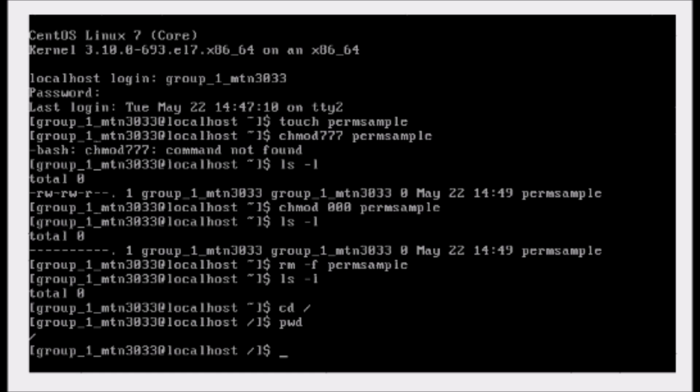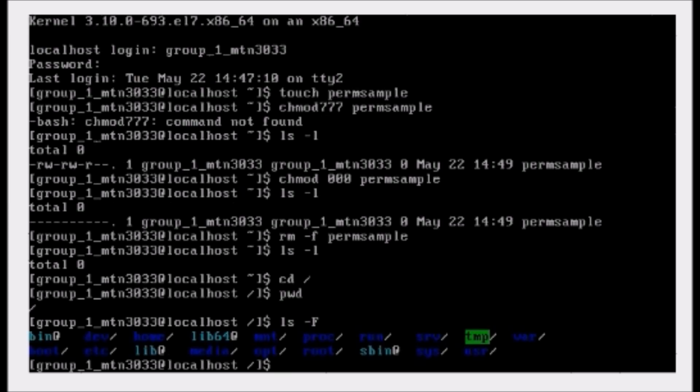Type ls -F at the command prompt and press enter. What directories do you see? I can see bin, dev, home, lib, mnt, proc, run, srv, tmp,